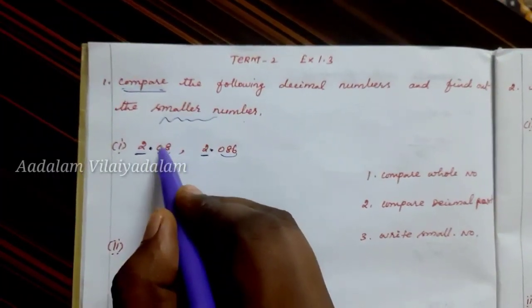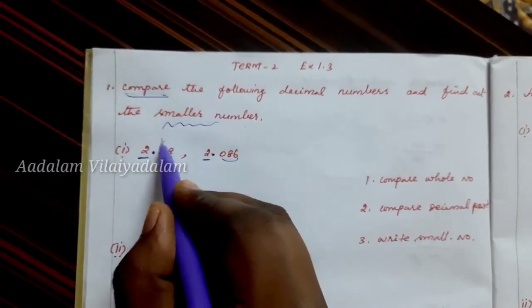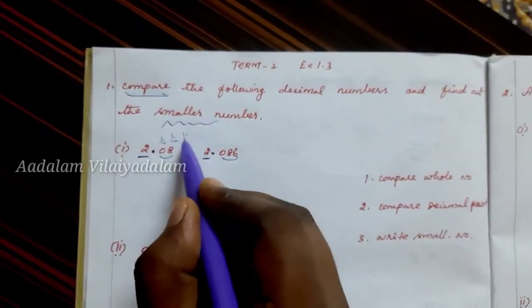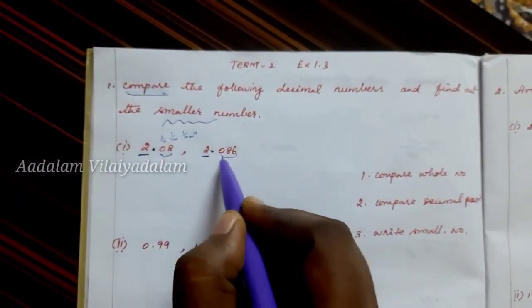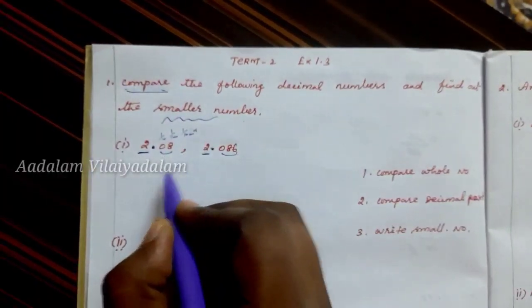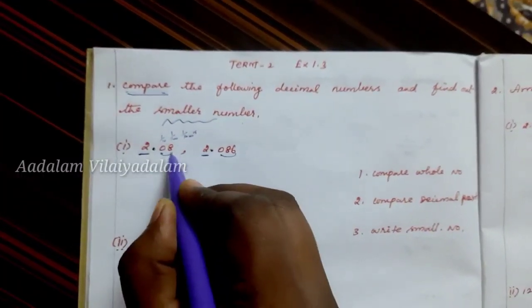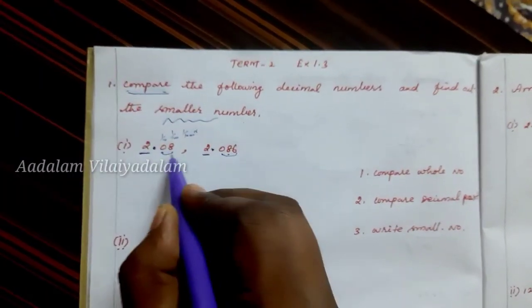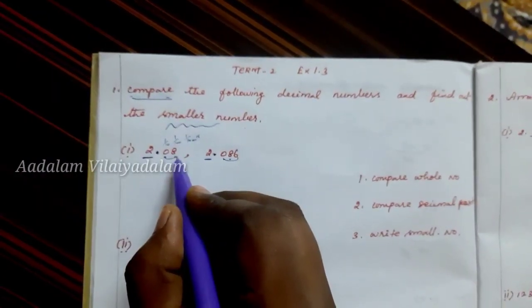Next compare the first digit of the decimal part, which means this is the 10th place, isn't it? The next one is the 100th place and the next one is the 1000th place. But here 08 is here, and here 086 is here. What is the smaller number? Easily we can say here 0, here is also 0. Here 8, in the second number also we have an 8. Then in the third place this number does not have a 1000th digit, isn't it?